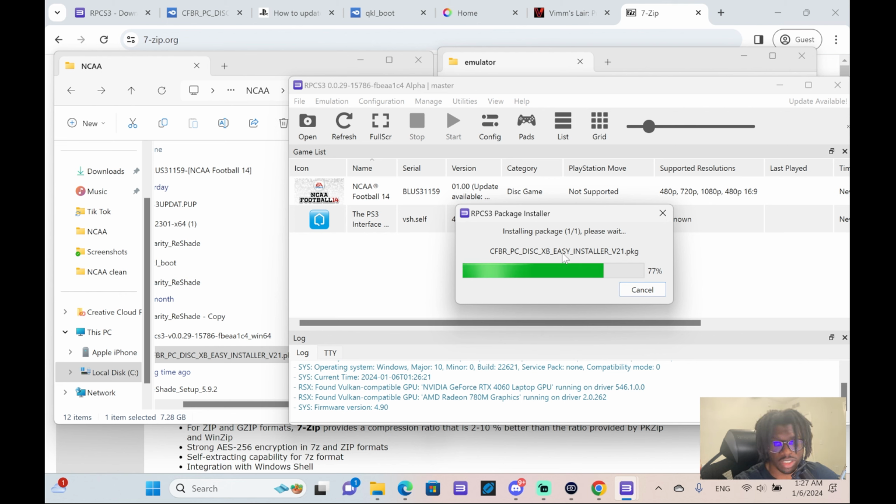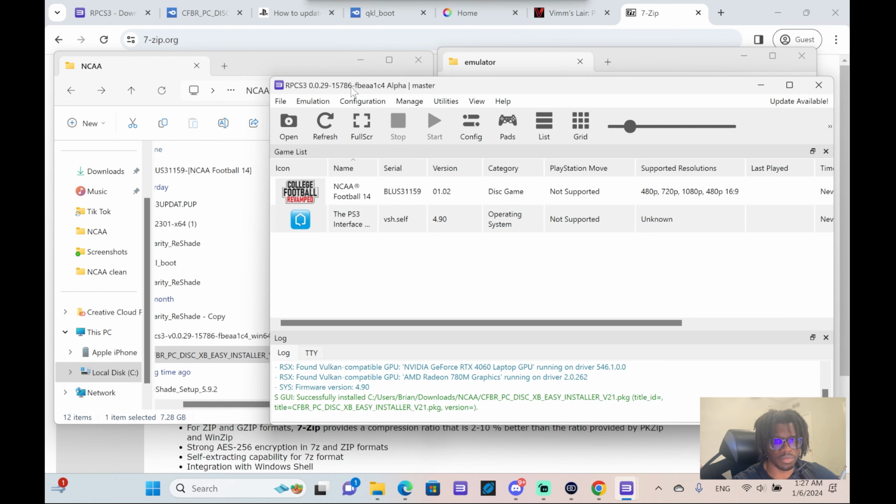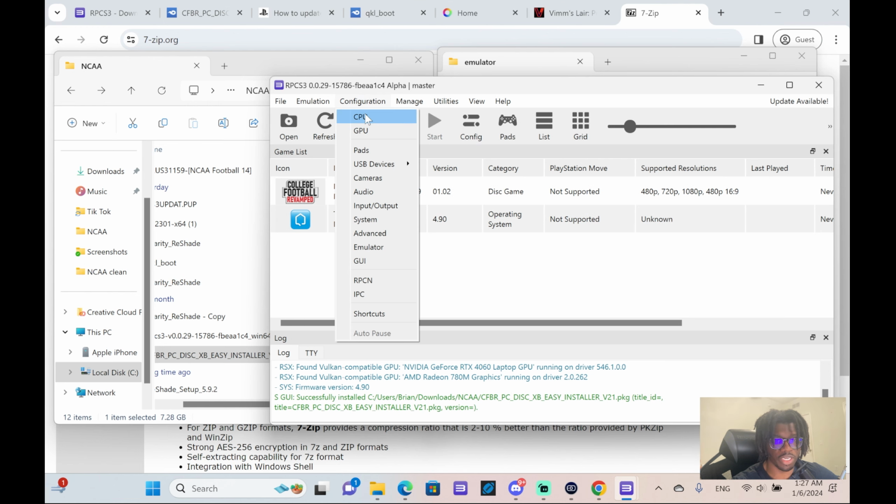Now this is where, if you want the enhanced graphics, you want the enhanced graphics. Oh, I got to show y'all the settings. My bad, I forgot. So the settings you want to put this on before we get into the enhanced graphics and all that is going to depend on, one, your computer. Two is going to depend on the size screen you have, like 1080p and all that. So what you want to do is after you do all that, you want to come here to configuration